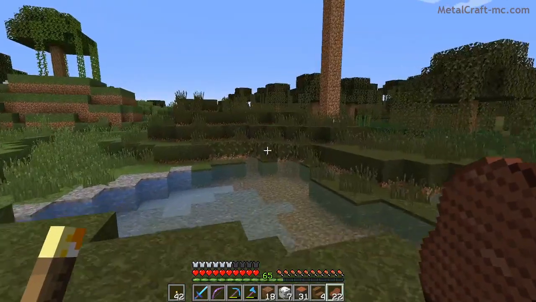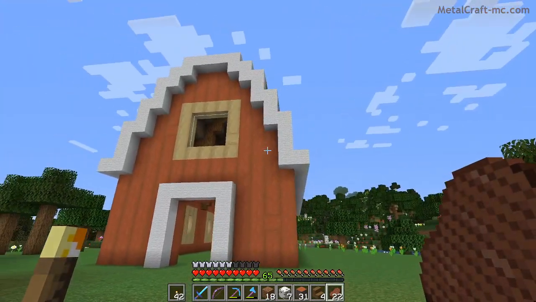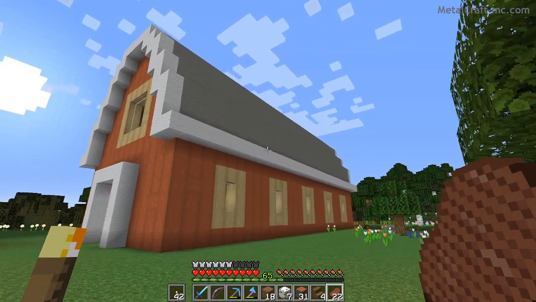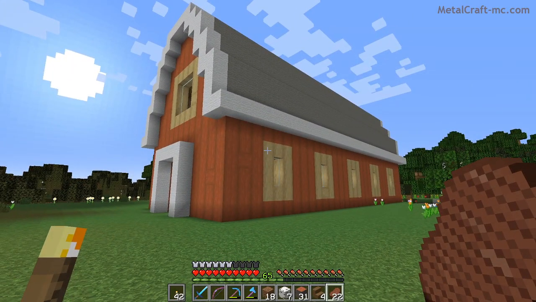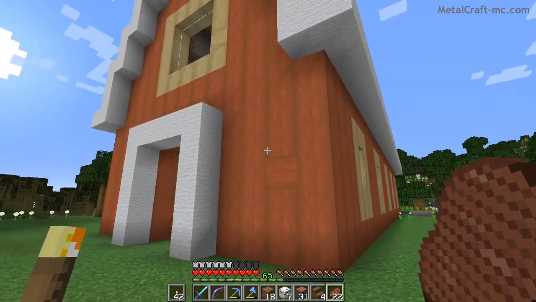All right, guys, we are done with the barn. I'm really happy with this. I think this turned out pretty awesome. And I'm really glad we made it out of wood instead of wool, too. When I roughed it out in my creative world, I was just like, a red barn, red wool. But I'm so glad that we didn't do that because I was able to...